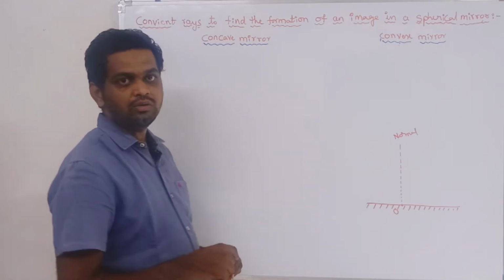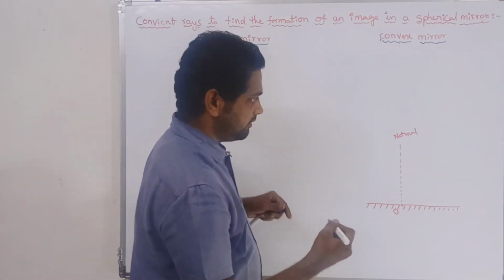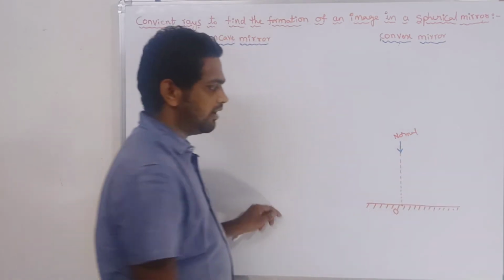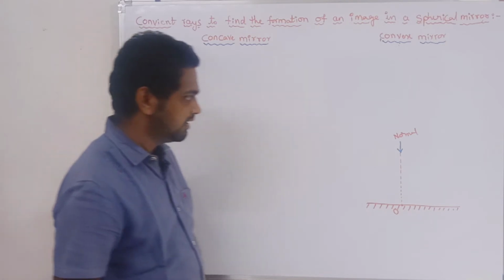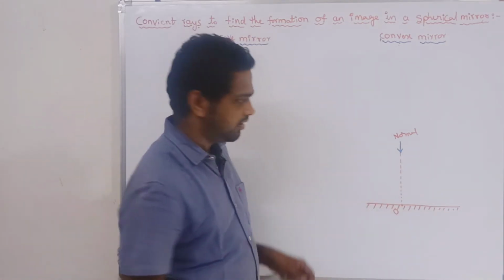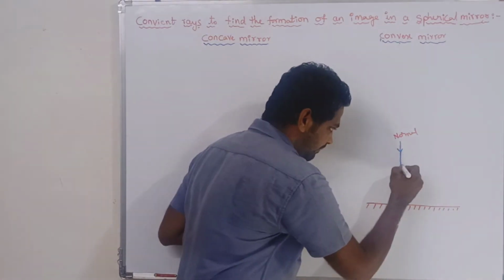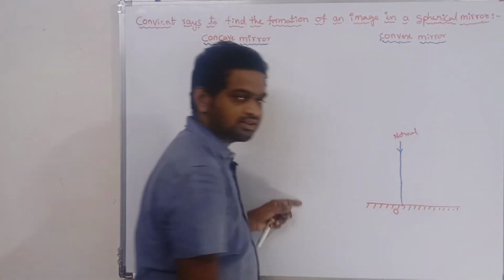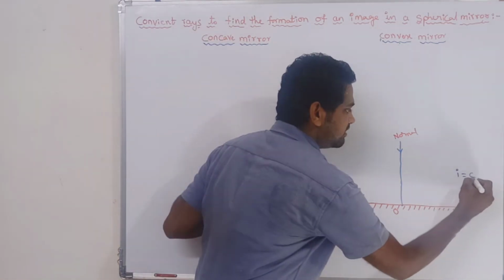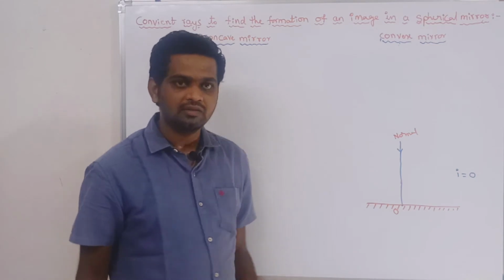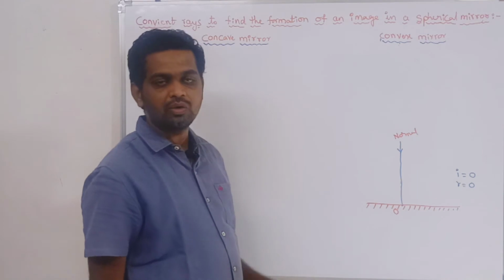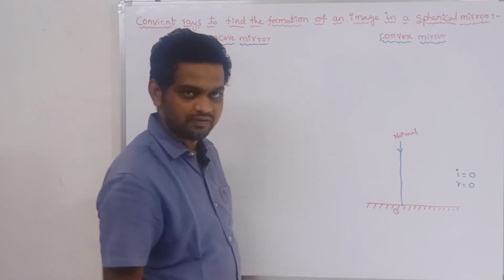Now try to analyze my question. I have taken the incident ray which is moving along the direction of the normal. Is it clear, children? So this will be my incident ray. Can you guess what the angle of incidence is? The angle of incidence will be equal to 0. Then what will be the angle of reflection? Definitely the angle of reflection is also 0, to obey the laws of reflection.